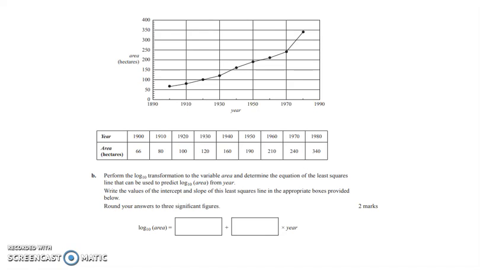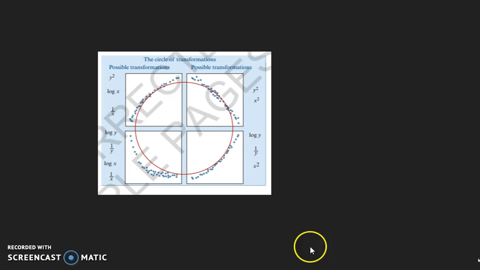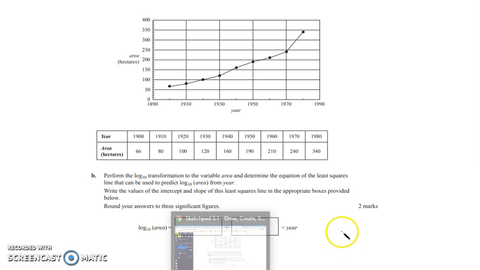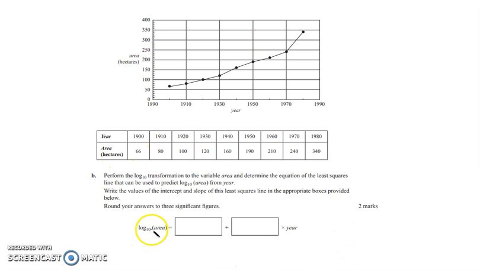Moving on to the next question. Perform the log 10 transformation to the variable area and determine the equation of the least squares regression line. Write the values of the intercept and the slope shown below. There are two ways you can do this. You can use a picture like this, which has the circle of transformations, and identify that it is this bottom curve, looking at the time series plot, and see that it's a log y transformation. Or you can just read the question, and here it says log 10 area,